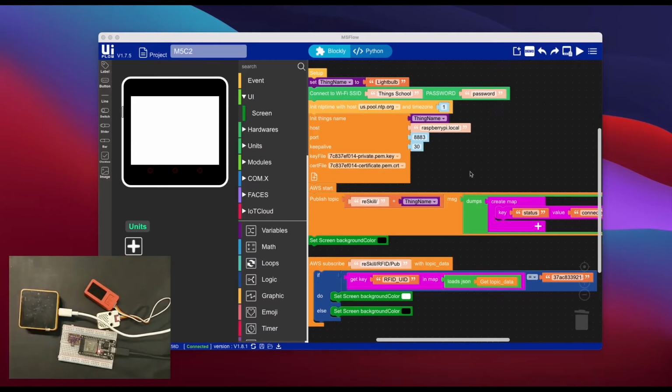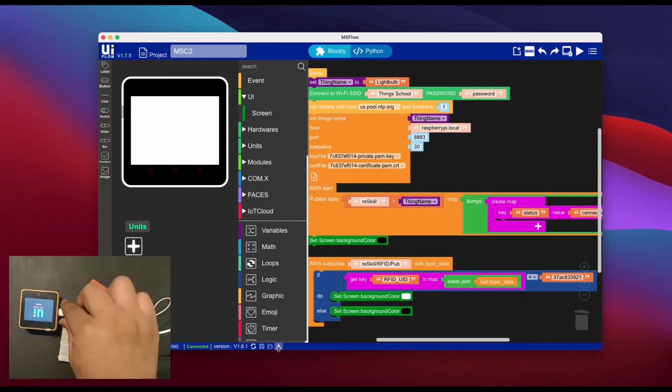So I have put this M5 Core 2 in the USB mode, and I have changed this host to Raspberry Pi local. Let me refresh this, and then I'll upload this one. So now the messages will not go all the way to AWS IoT Core.